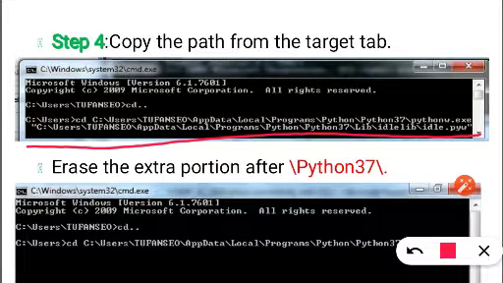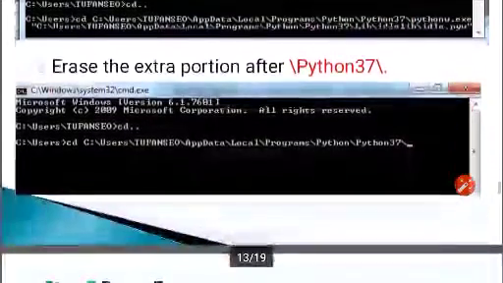What we are going to do is erase the extra portion of that target path, just after /python37 from here, you can see over here. Whatever extra portion we are having, we will be deleting it. So after deleting, we have got this one.